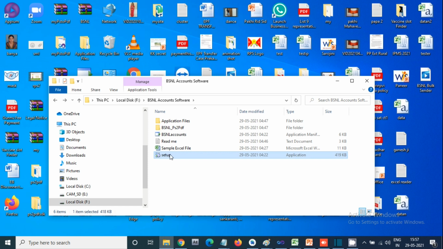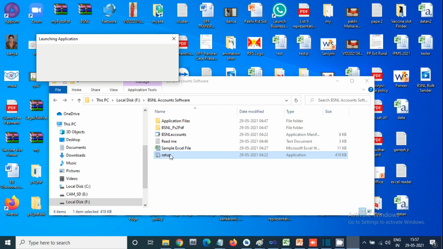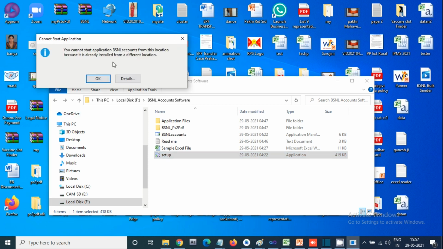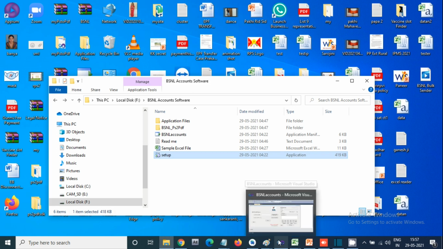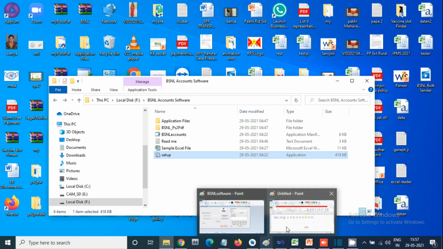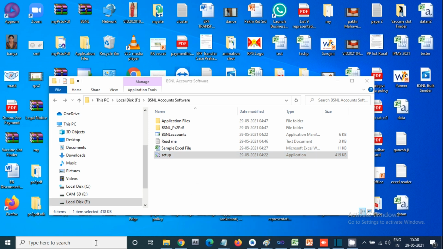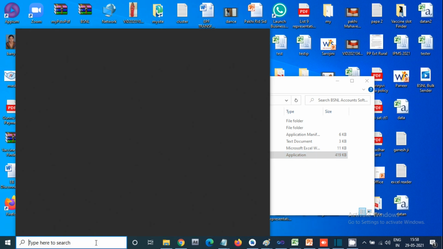Then you have to press the setup one. Once you press setup, it will install the software on your PC. Nothing extra is required. Here it says cannot start application because it is already installed. Otherwise you need not do anything; it will just open this particular software on your PC.